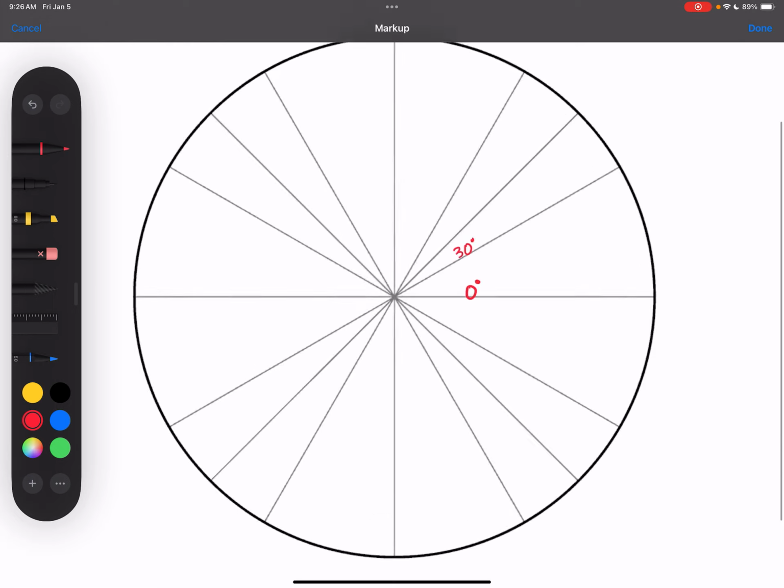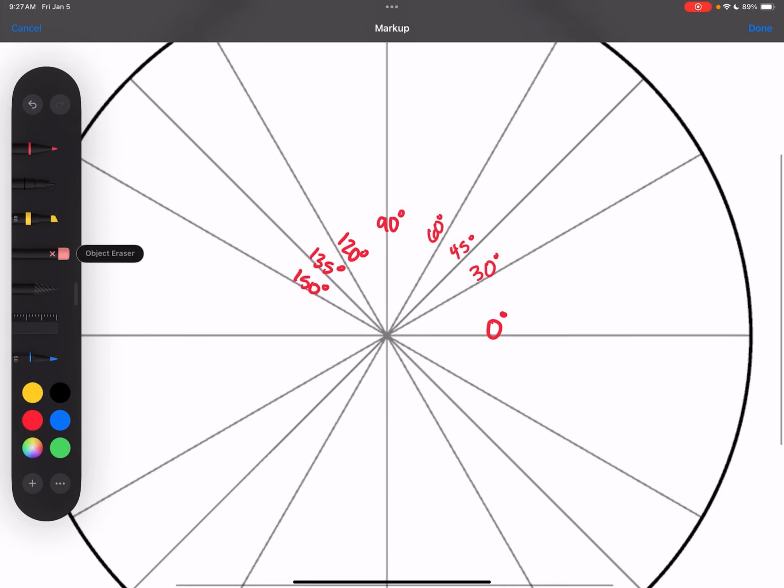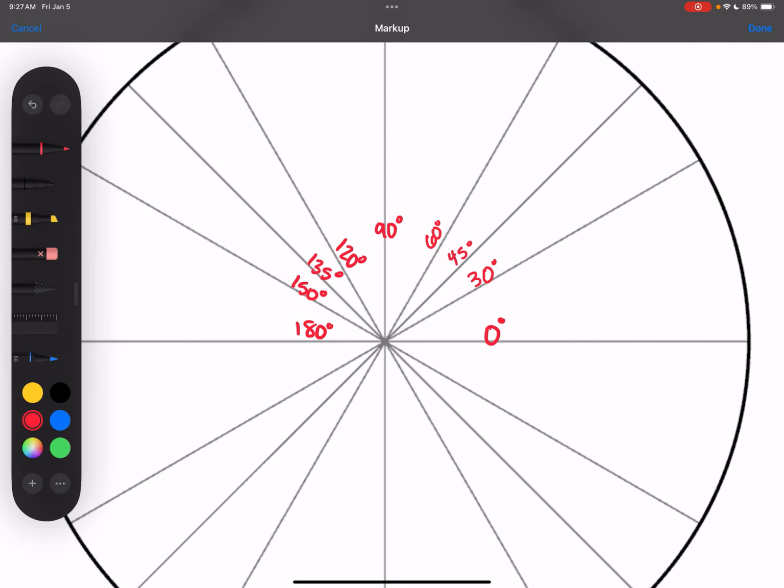Then I'm going to try to zoom in while I write these. 45 degrees. 60 degrees. 90 degrees. And then 120 degrees, 135 degrees, 150 degrees, 180 degrees,